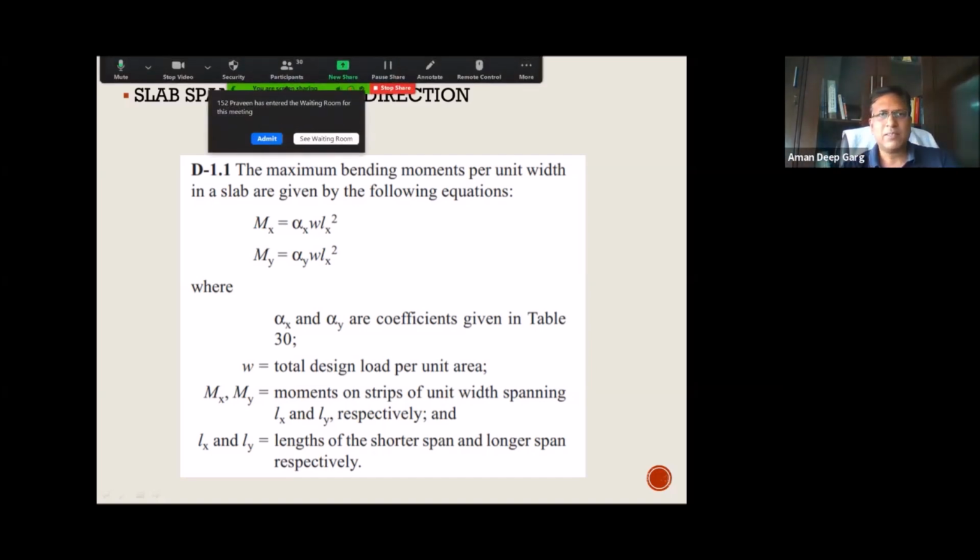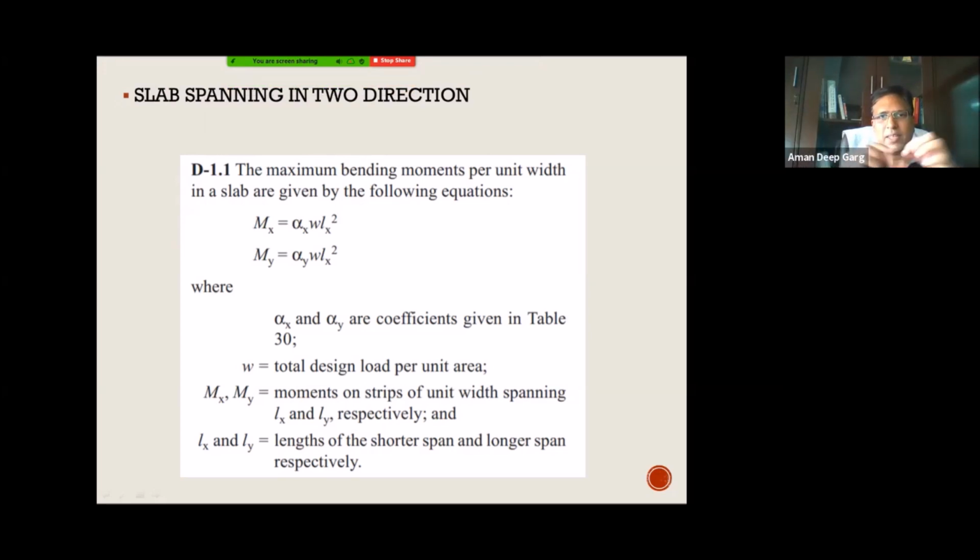Now I have a 3 meter slab, but I am taking one fiber or one small beam-like action and want to understand what would be the shape of deflection. Now to visualize that better, I would suggest you to just imagine that there is one wire anchored on both sides. There is a pole and the wire is anchored there. If there is no load, then the wire will be straight. Agreed? And now you start putting some clothes over it.